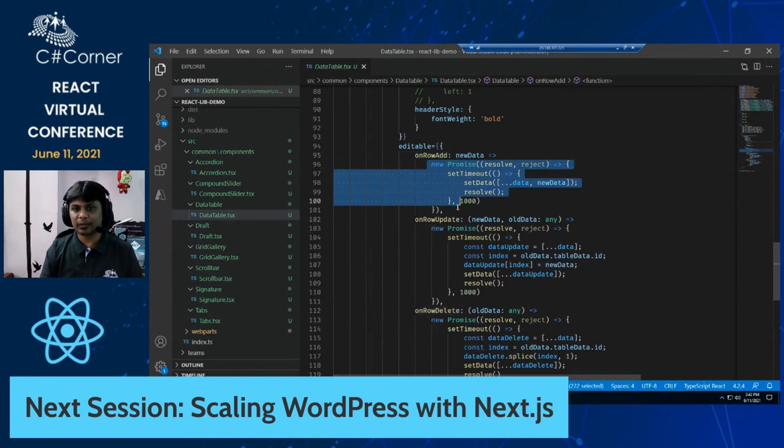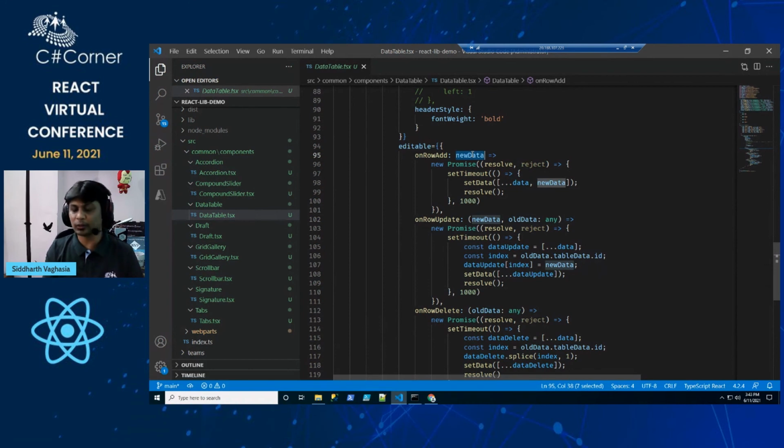In our case, once we get new data, which is nothing but the data about the row, it automatically takes care of binding all the JSON object's attributes, the way the user has added them to the grid, and it gives us that particular item, and then we can use that item.